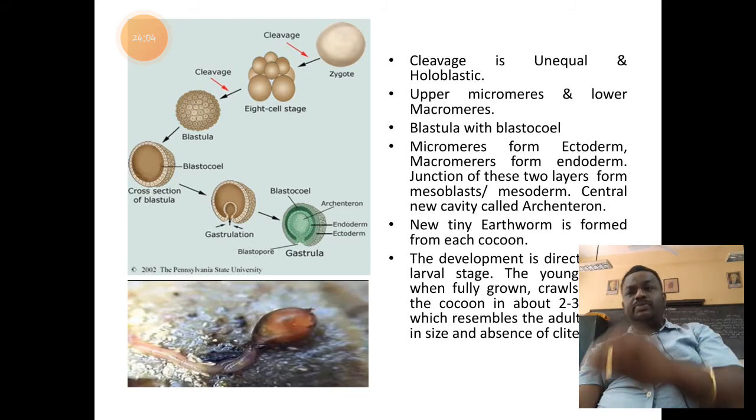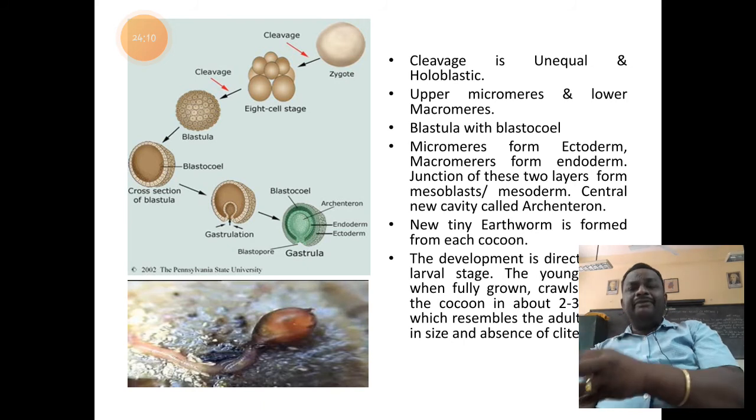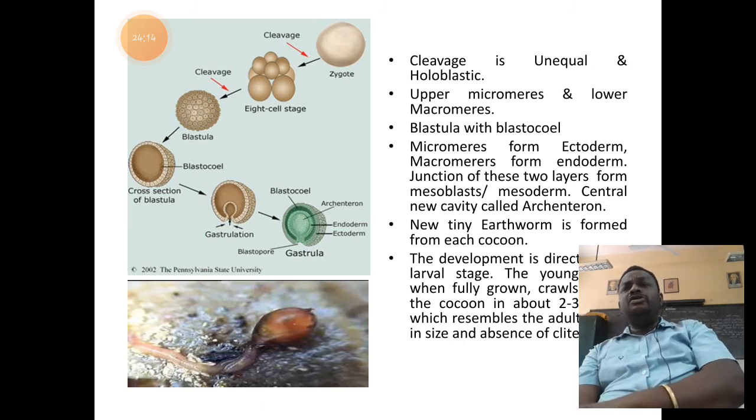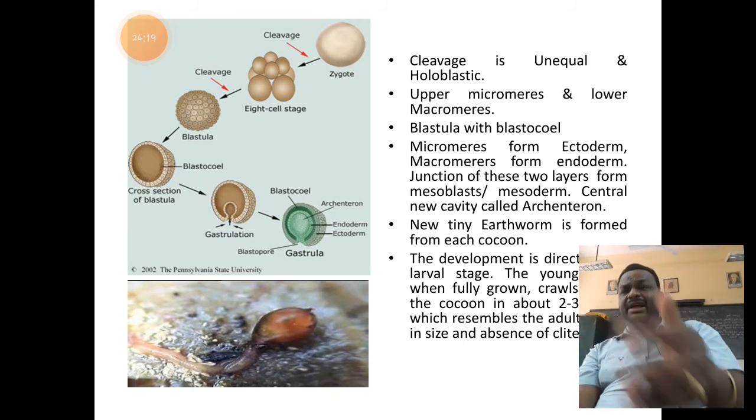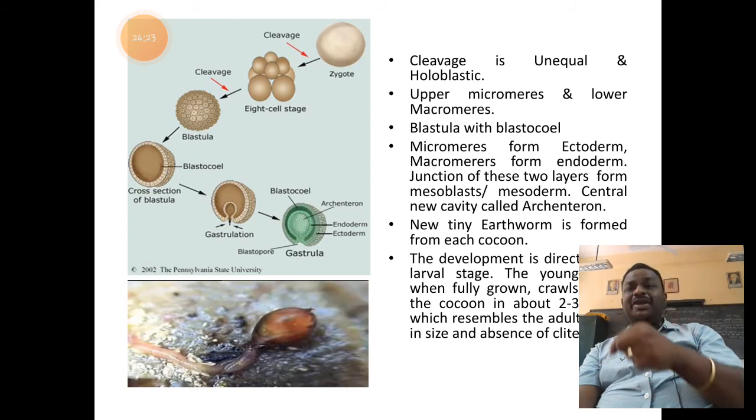Mesoderm will form the somites and rest of the body organs. Ectoderm will form the nerve cords and excretory organs. Endoderm will form the gut region, and after the complete development, a tiny or young earthworm is released from